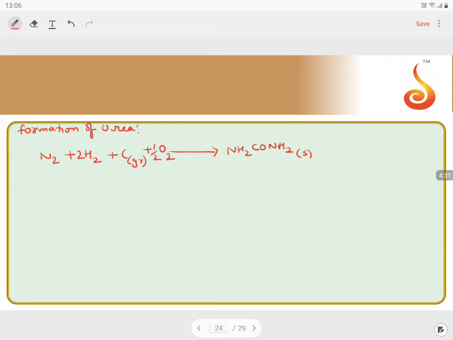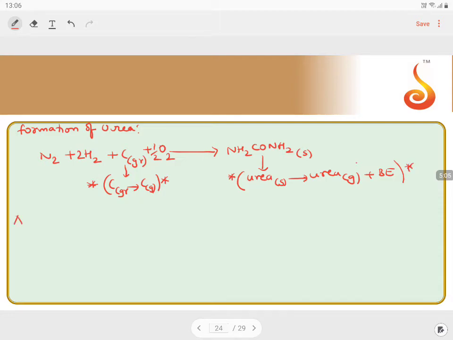So when it comes to carbon, carbon should move from graphite to gas. This is atomization. When it comes to urea, it has to move from urea solid to urea gas. Then the bond energy calculations can be applied. So this is your hint in the question. You need to understand this part: you cannot directly substitute those data, so this additional part has to be taken care of.